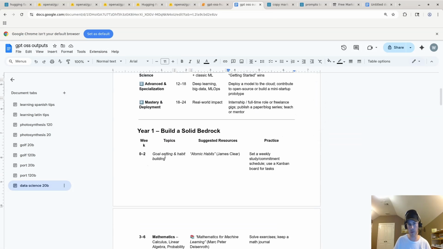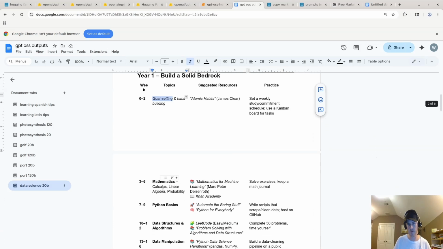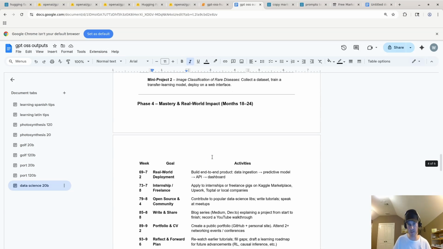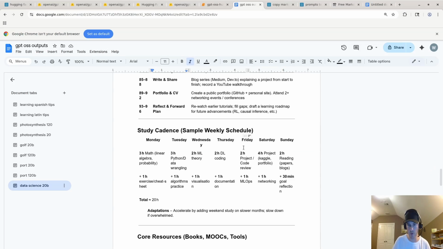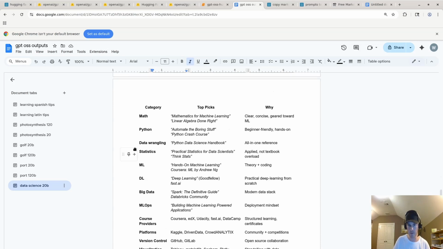Yeah, so I think building some atomic goal setting and habit building. Let's see here. So calculus, linear algebra, probability, Khan Academy. My gosh, you could use this to sort of have your own master's degree. I mean, not actually have the degree, but at least you have the knowledge. Data wrangling, Python, statistics, deep learning, big data,